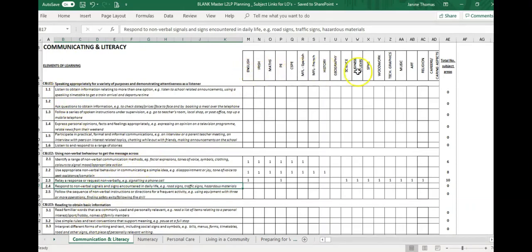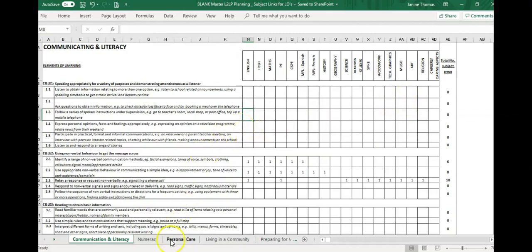PLU. So the subjects in the school will be across the top. We would add in more that you would require, but those are the ones that we are looking at today. So PLU is here, your element of learning is here in the dark, bold, and then you have the learning outcomes separated here. So the idea is that you pass this around the staff, or the staff have access to this through the SharePoint, and they will then identify whichever learning outcomes that their subject would be able to